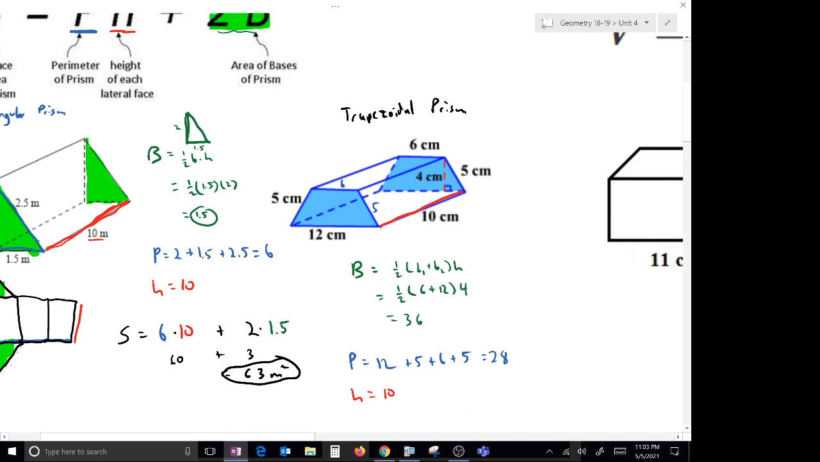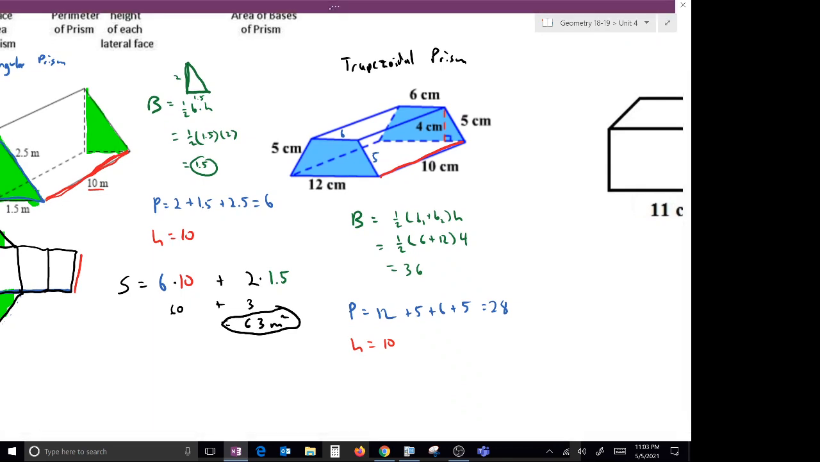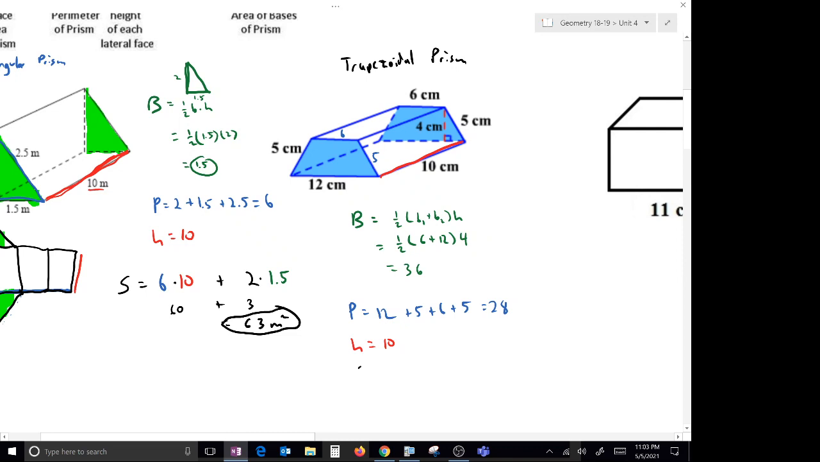So now we can plug that all into our formula for surface area. So for surface area, it equals, let's keep it in the same color, 6 times 10. Oh, why am I doing 6? I'm sorry, 28. Look at the old picture. Sorry. 28 times 10